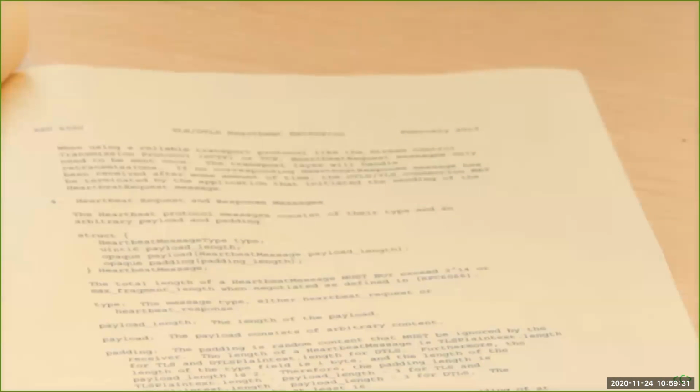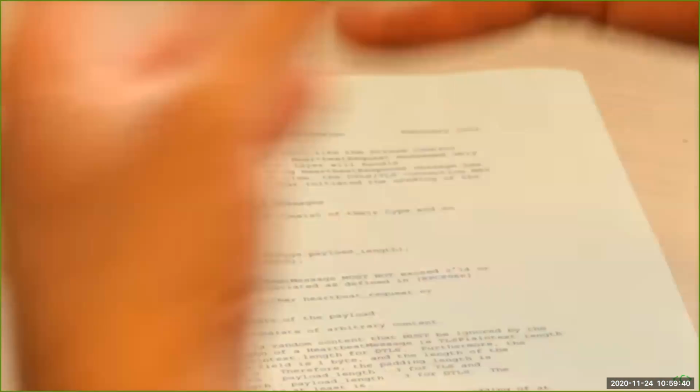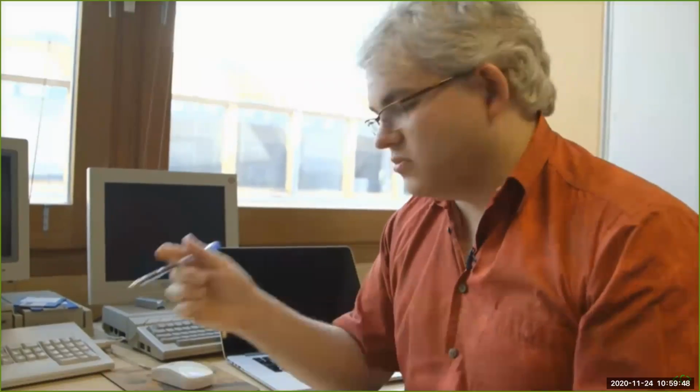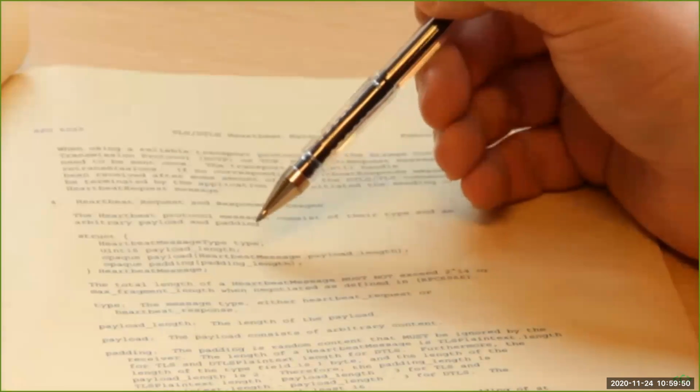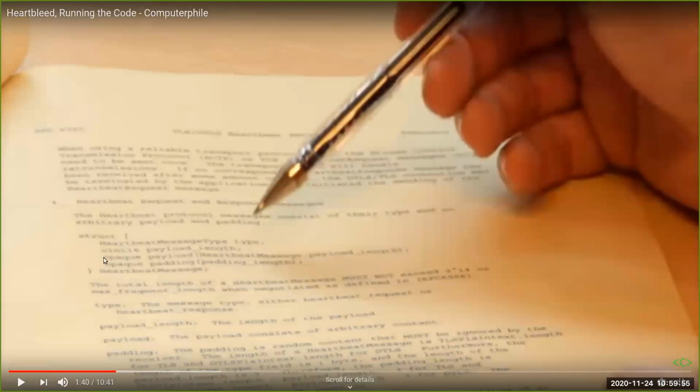Finally, we have what's called some padding, and this is at least 16 bytes of random data, which just bulks out the actual message that's sent. It's ignored by the other side, but it's there as part of the protocol. What this means, though, is that even though we know how big the message is, we don't know how big the payload is unless we actually send over the length of it, because we don't know how long the padding is either. So look, the